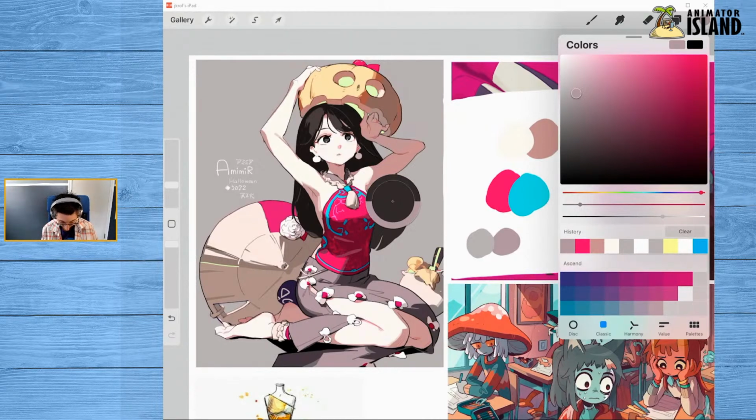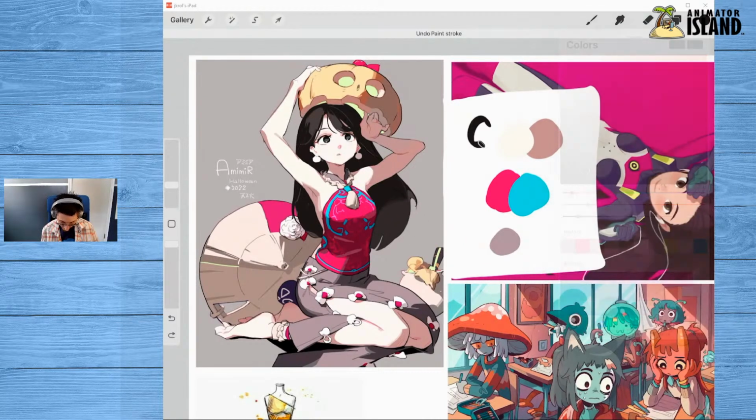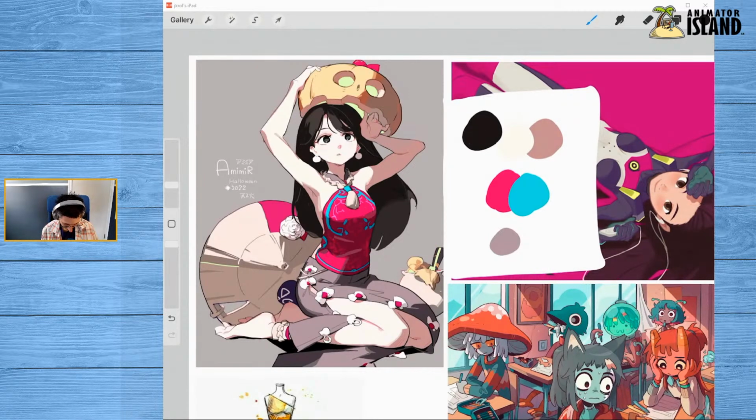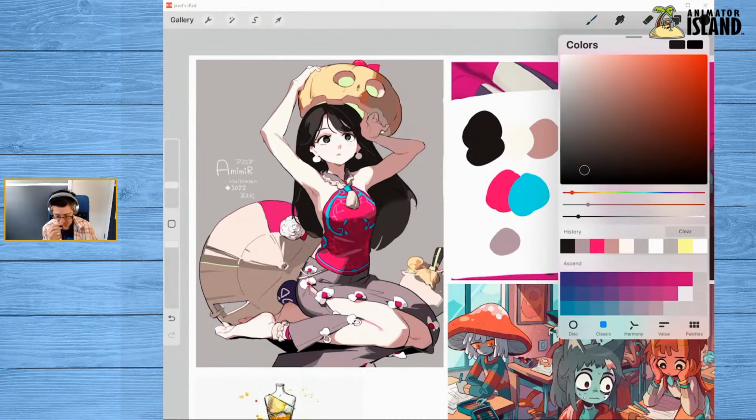The other thing, if we look at her hair, this is, I think, the darkest part. Yeah, I think that's the darkest part of her hair. And you can see, even though she has black hair, essentially, they didn't use black. There's still a significant gap between solid black and her hair. So keep that in mind.